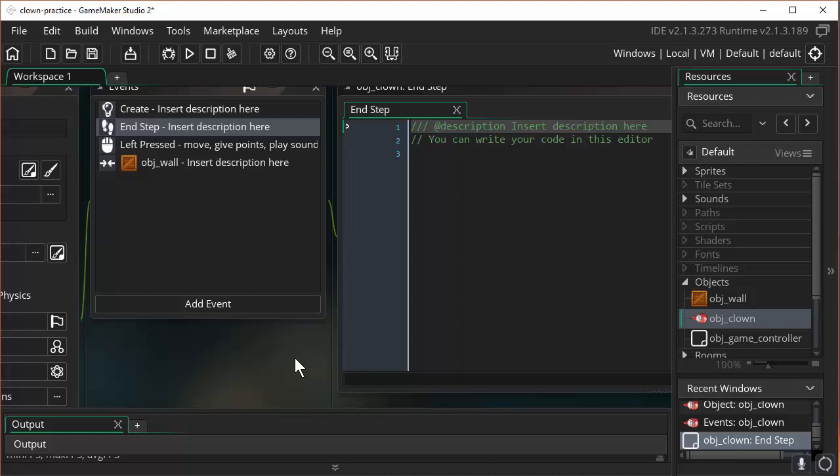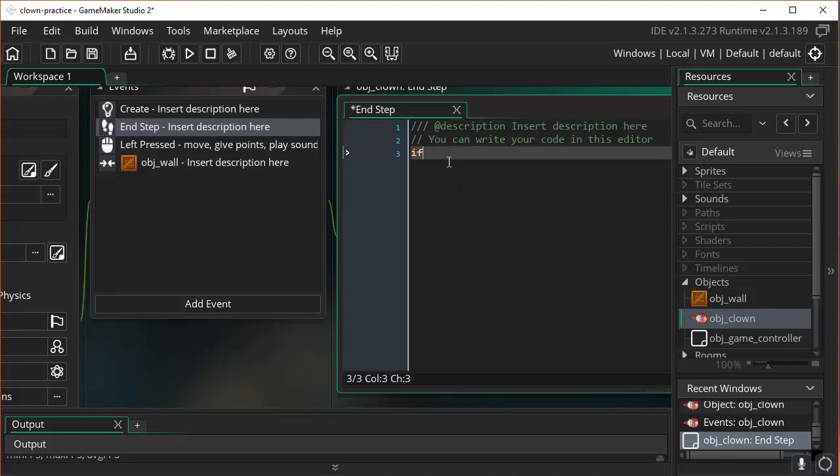And the idea is that with an end step, it is triggered when all of the values of variables and the positions of objects and things have all been updated for a given step in your game. Then the last thing that happens is that this end step event gets